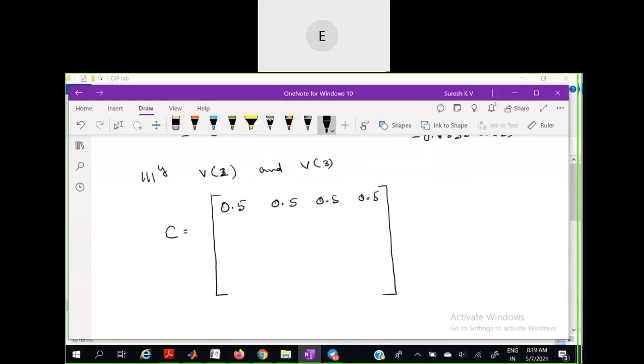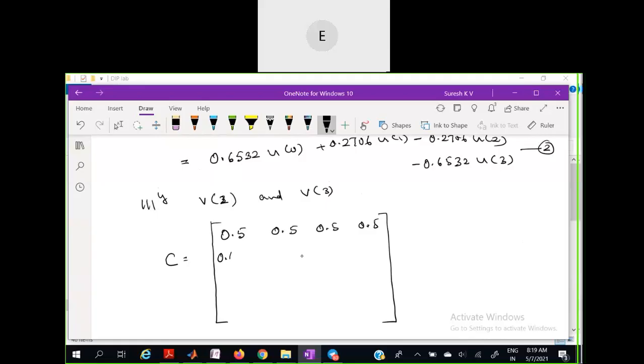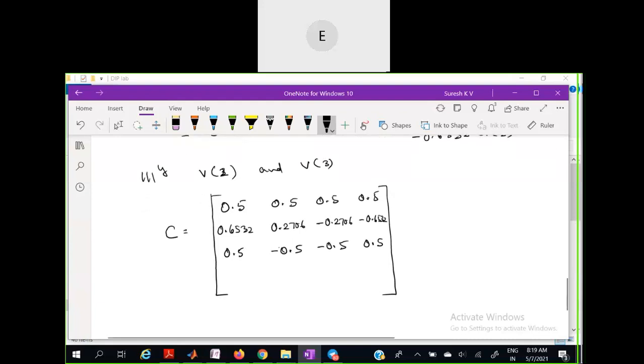The second one, I think we have done it, 0.6532, 0.2706, minus 0.2706, minus 0.6532. Third row, if you complete it, this is what you will get. Please verify it later. When I put k equal to 2, and when I put k equal to 3, I'll get this: 0.2706,